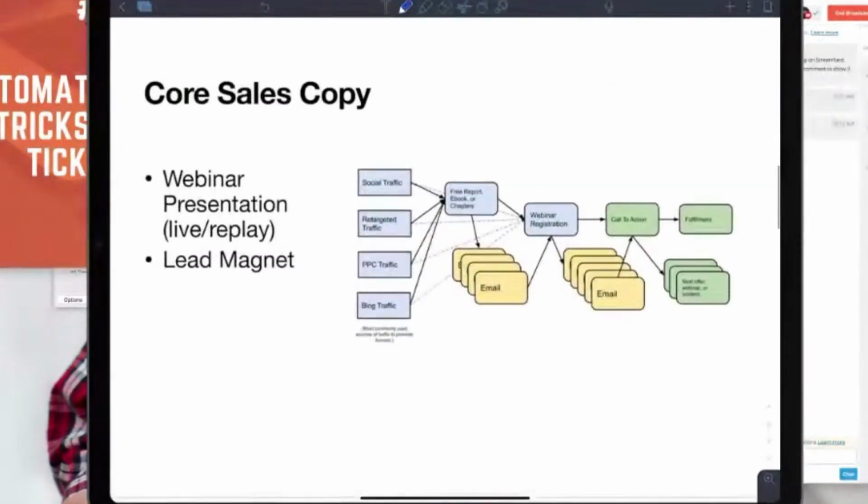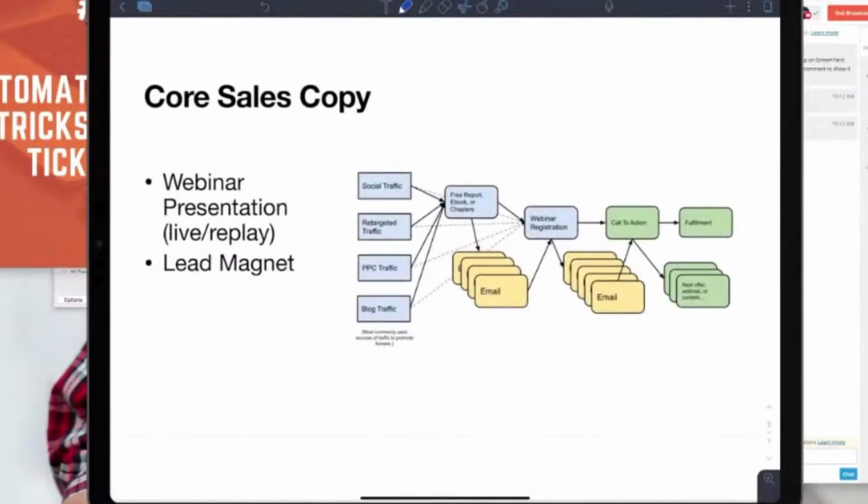So now the core pieces that you need in order to pull off an automated webinar sales funnel. The most important piece is the webinar presentation itself. The webinar presentation follows a very specific format. Like ours, we ended up introducing